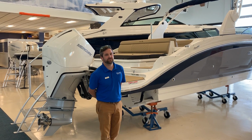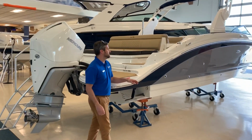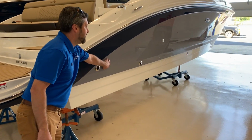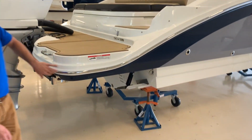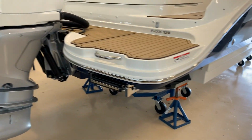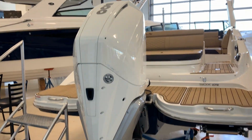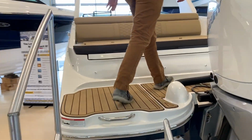I'm here to show you our 2019 Sea Ray 270 Sun Deck Outboard. On the hull, you have a Sea Ray blue with a horizon, the Arctic white rub rail with stainless steel insert. Moving to the transom, you have Mercury's 300 horsepower Verado in white. Climbing aboard,